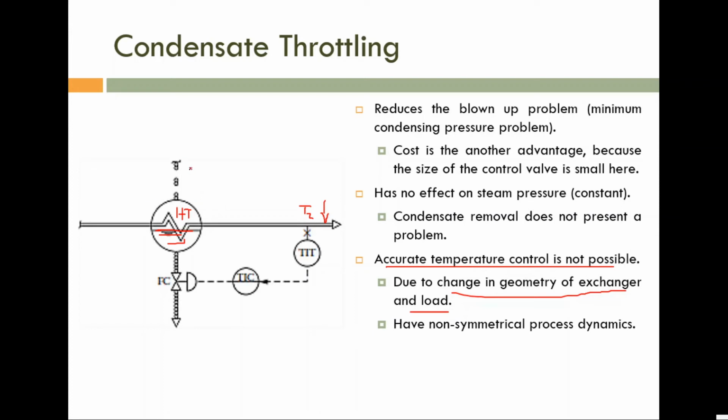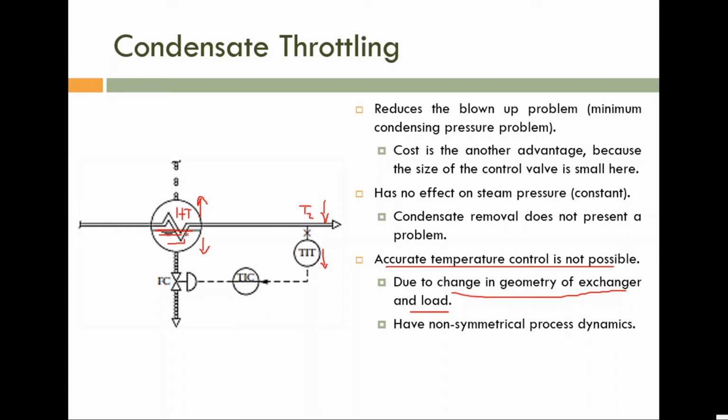As the flow rate of steam is constant here, in order to increase the heat transaction, we have to increase the heat transfer area. The area above this liquid level must be increased. How can we increase this heat transfer area? By decreasing the liquid level inside this drum. By decreasing the liquid level inside this steam heater, we can increase the heat transfer area.